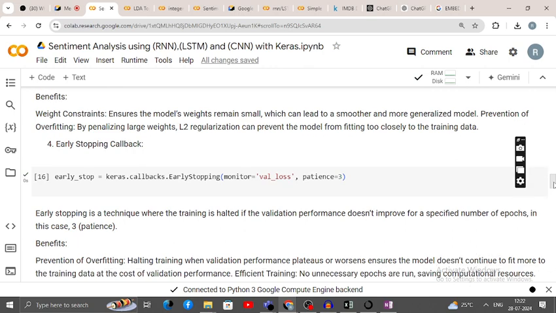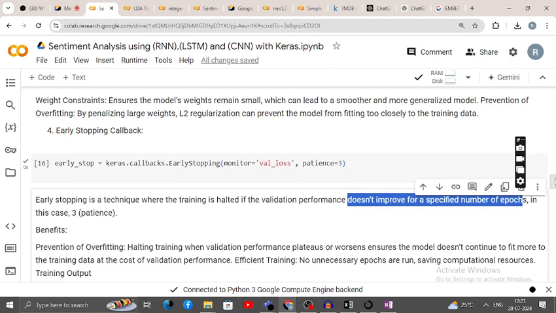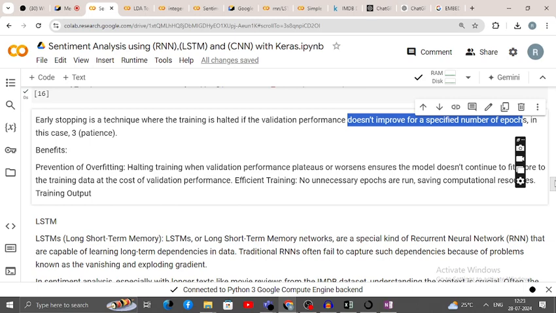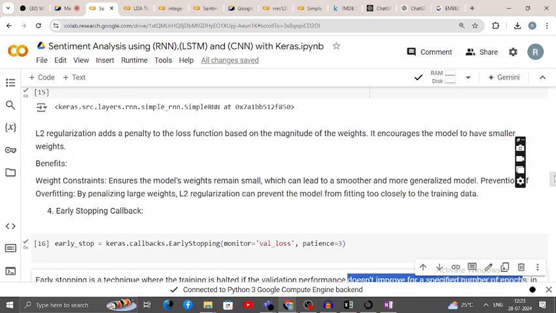Early stopping. I already told you about early stopping, where training is halted if the validation performance doesn't improve after a specified number of epochs. In this case there is a patience level, so if you want to wait some more, you have time, you check. So that is about the simple RNN. Now the same thing for